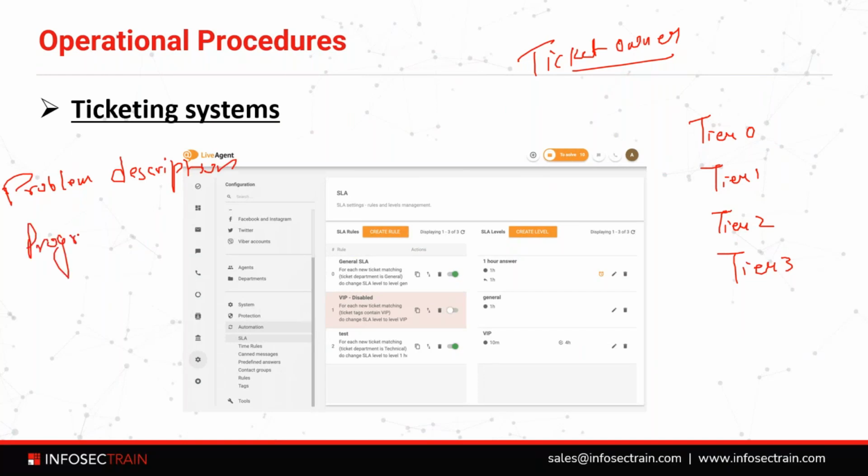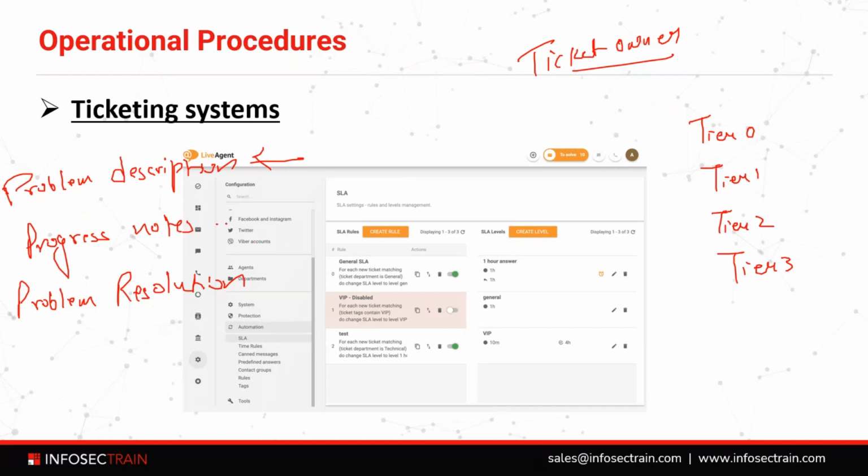Progress notes, problem resolution, right? So problem description means it records the initial request with any detail that could easily be collected at the time,